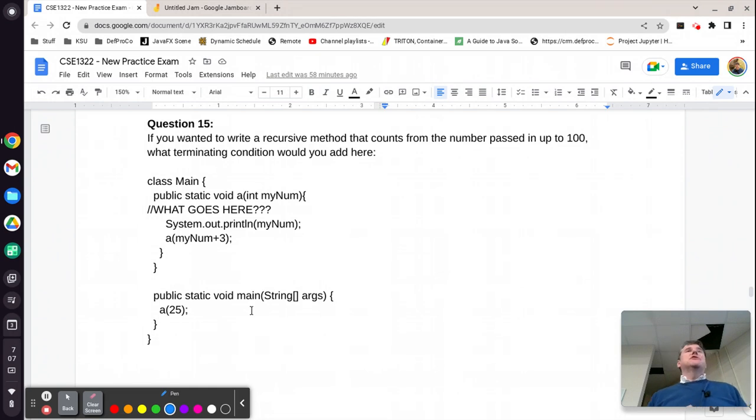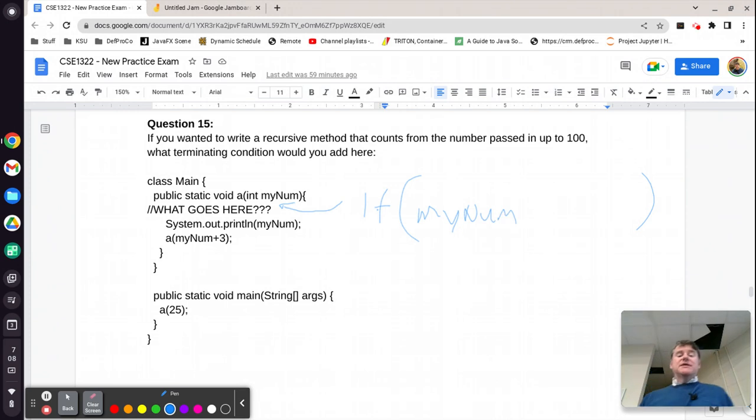So the thing that's missing here is a terminating condition. All right, so the question is, which terminating condition should go here? And we can see that there's a block of code missing. So our terminating condition is always going to be an if, pretty much. All right. There's a couple of hints in this question. The first hint is the terminating condition has to be something that's changing, and there's only one parameter coming into the method. So pretty much it has to be something related to my num, because that's what's coming in. So my num,